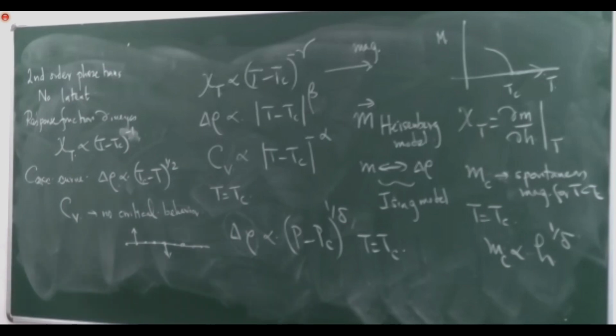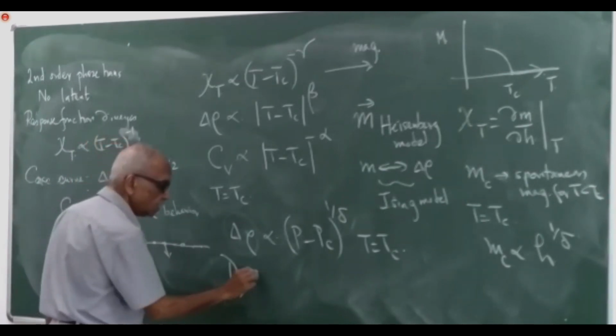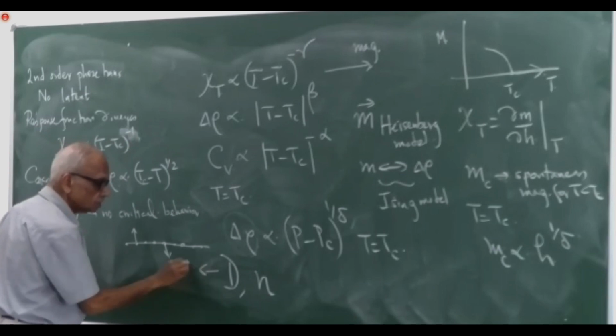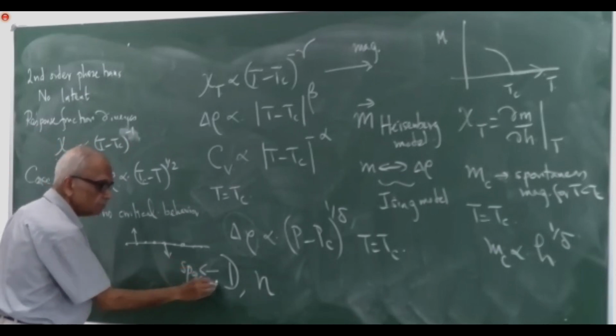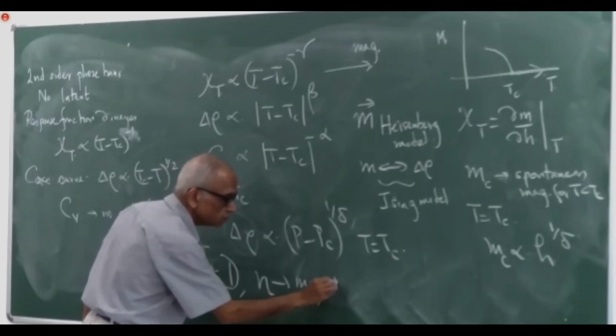So the one-dimensional line can have a one-dimensional magnet, two-dimensional magnet, or three-dimensional magnet. So these two entities, D, which is the dimensionality of space, and N, which is the dimensionality of the magnetization,